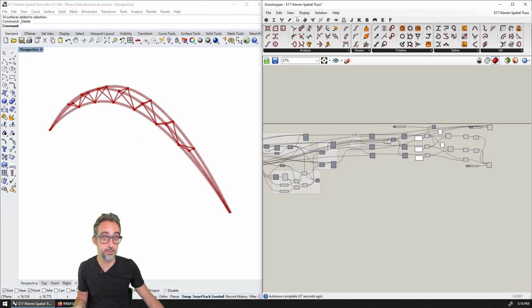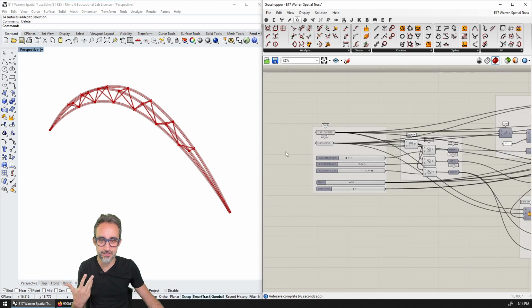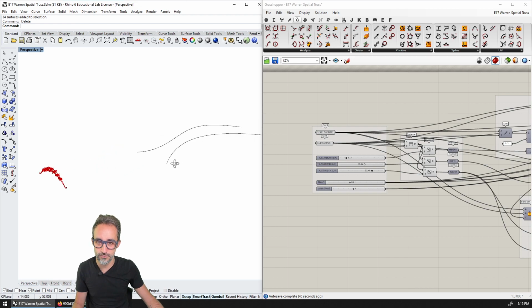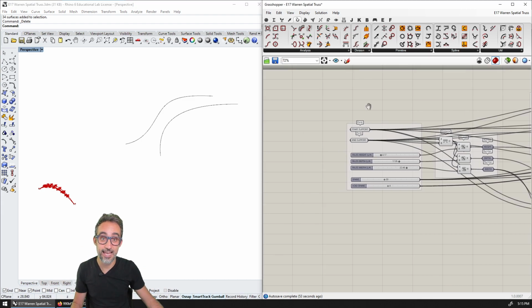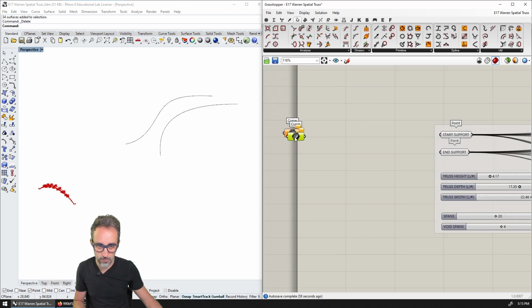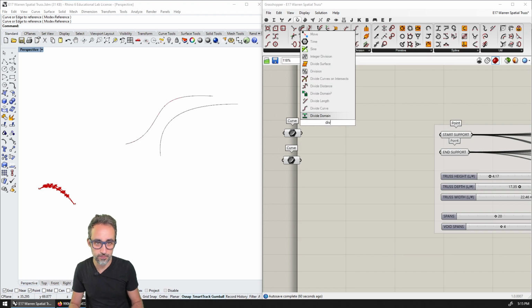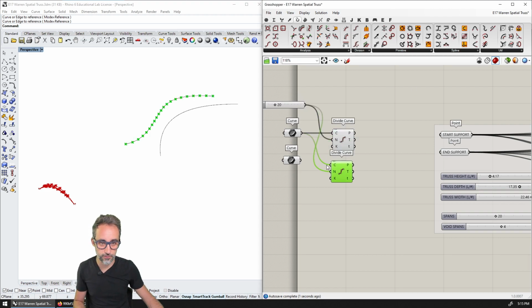And last but not least, should we try the same thing that we tried before in the previous exercise, where we took all these curves and then we used them as the support for all this network of trusses? Let's do that. So I'm going to bring those curves here, 1 and 2. I'm going to set one curve here. I'm going to set the other one curve here. I'm going to divide the curve by a control amount of points. So for example, 20. And then I'm going to do the same for the other one.